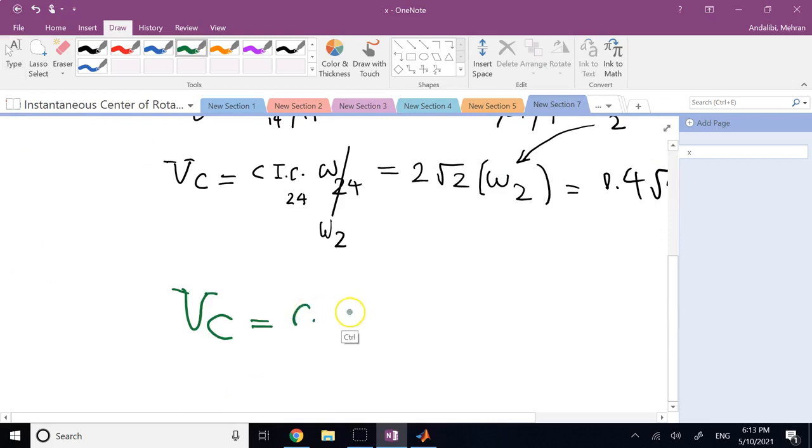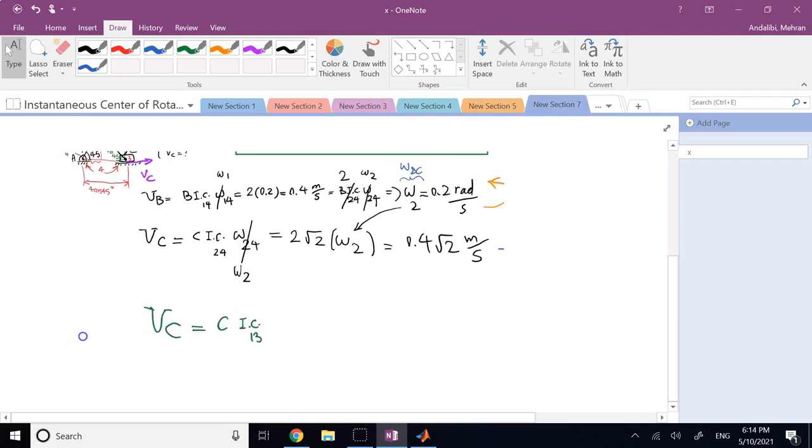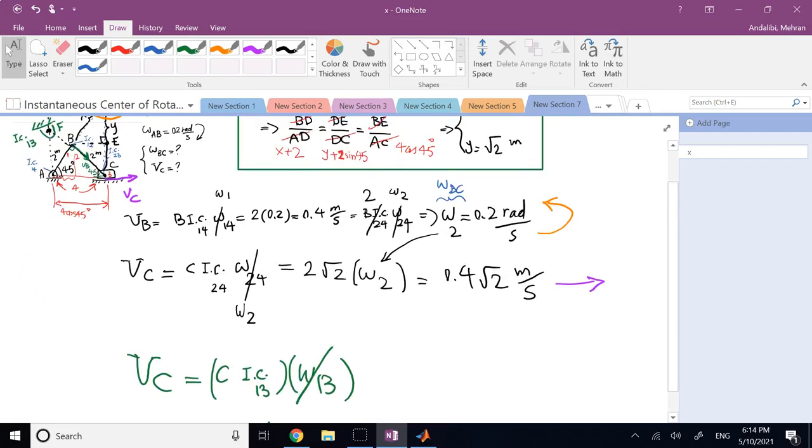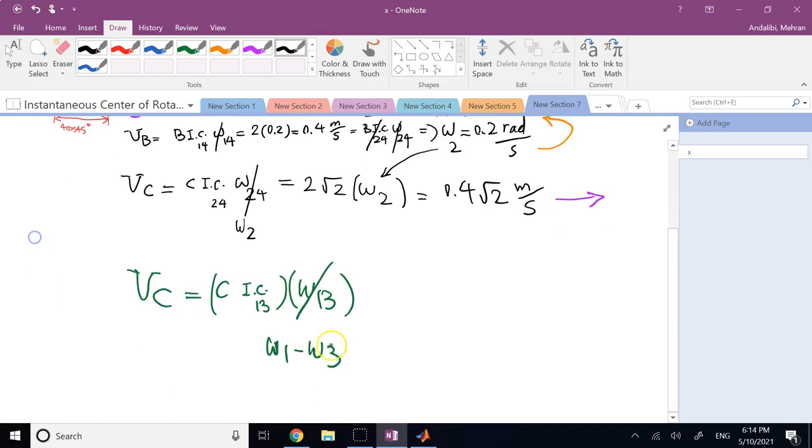Or if you want, you can write it as C to instantaneous center of 1, 3, which is F, times omega 1, 3. And omega 1, 3 is omega 1 minus omega 3. But remember object 3 is the slider, which does not rotate. So I can write this as 0,